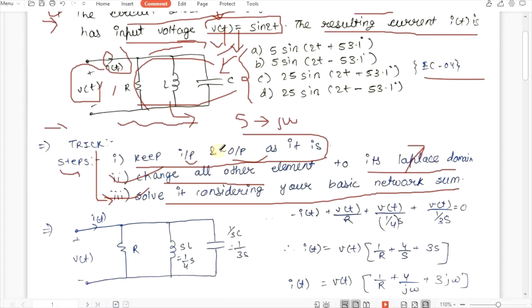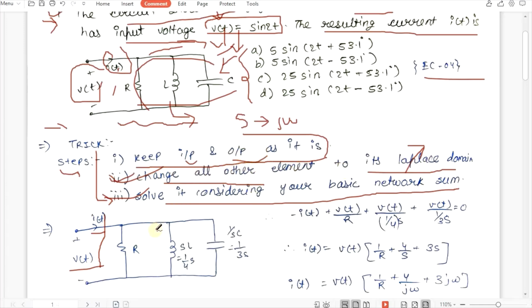The first step says that we have to keep input and output as it is. We have to calculate I of t and V of t was given, so we will keep I of t and V of t as it is. Basically we have not touched input and output. Now the second step says that we have to change all other elements apart from our input and output